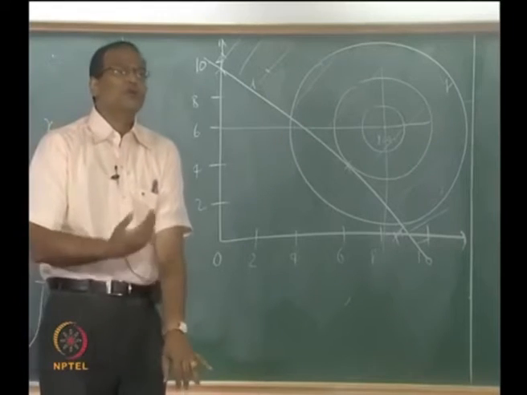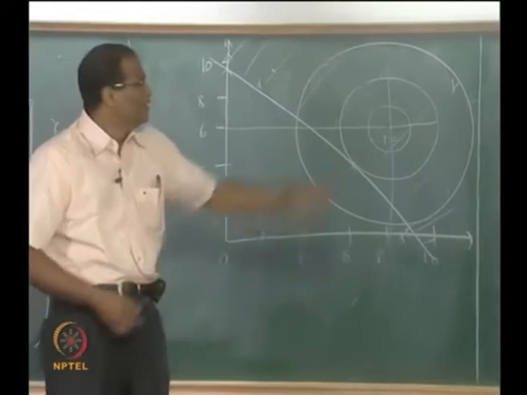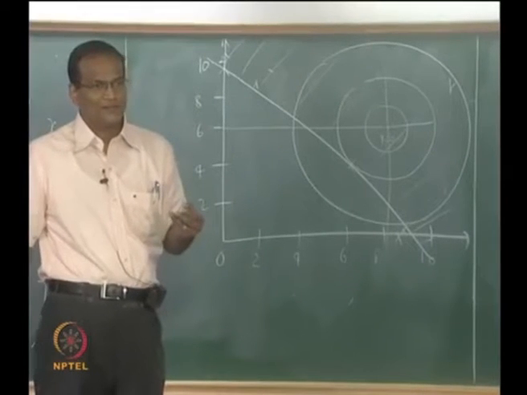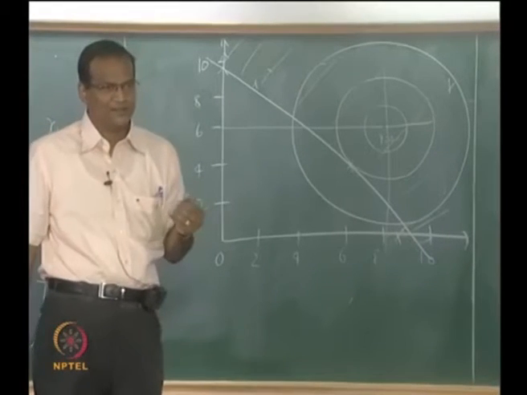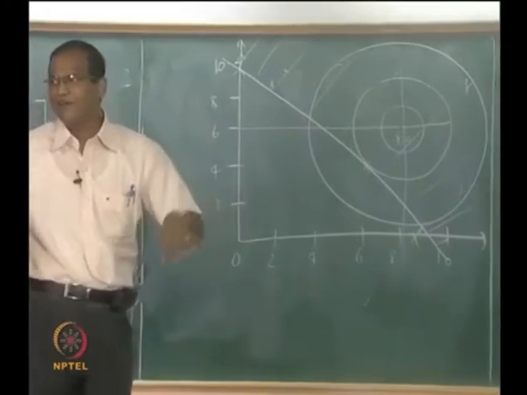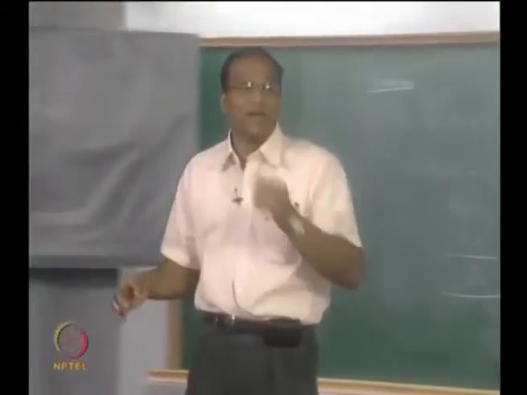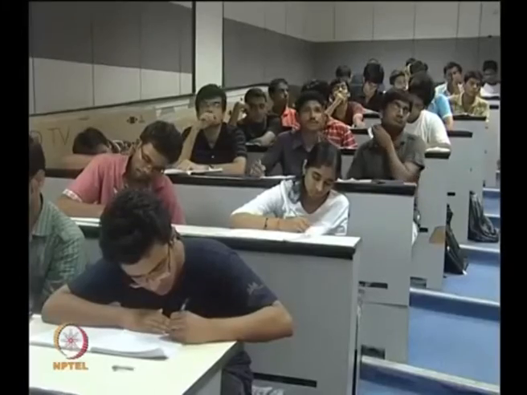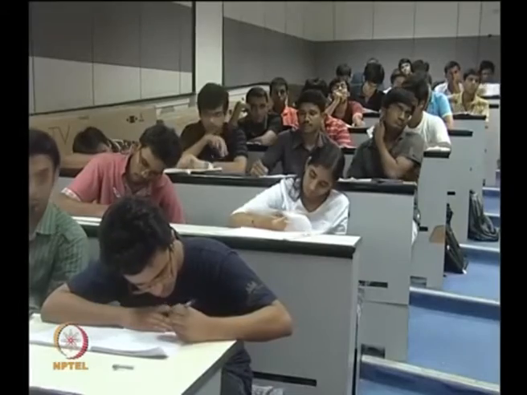I think what you should do, if you are smart, is for the constraint assume that it is not active and get a solution, and then prove that you made a mistake, therefore you have to consider it. Otherwise take it as binding and you will get a value of U which is positive, which means your original assumption is correct. Fine. Now let us do this.